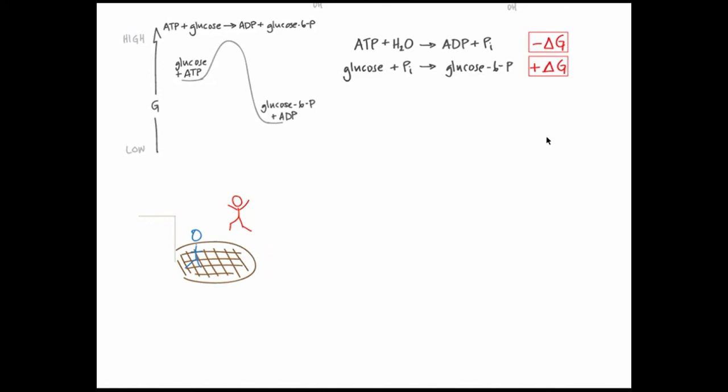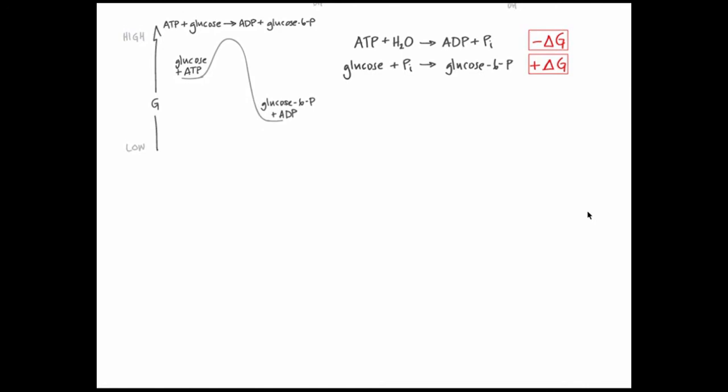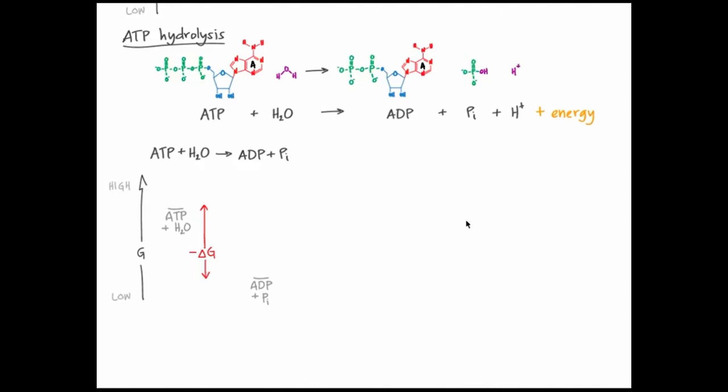Conveniently, we can find the free energy of a coupled reaction by adding the free energies of the component reactions. For the first step of glycolysis, the hydrolysis of ATP is more spontaneous than the phosphorylation of glucose is non-spontaneous. In other words, the delta G of the overall reaction is still very negative. Under normal cell conditions, the coupled reaction is spontaneous and virtually irreversible. ATP is used in a similar way to drive many cell processes. The potential energy stored in the bonds between phosphates is harnessed to do work.